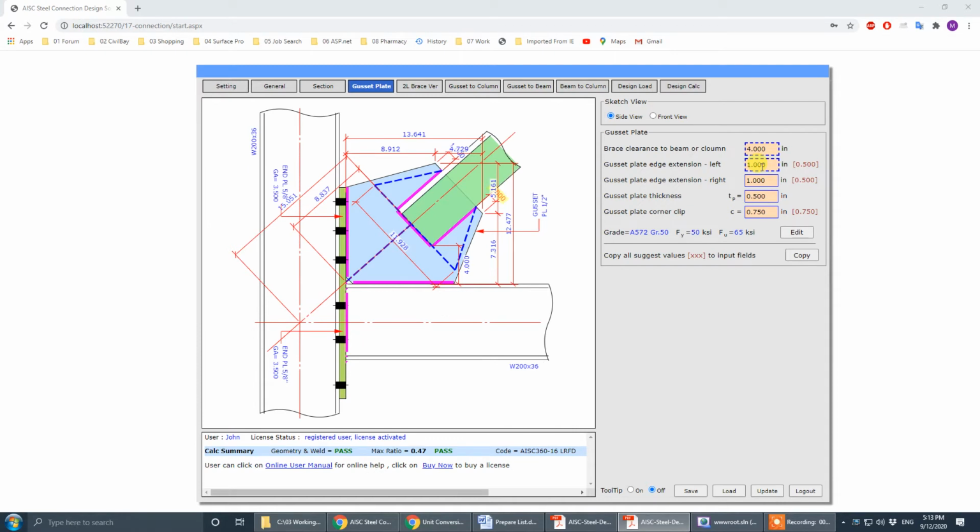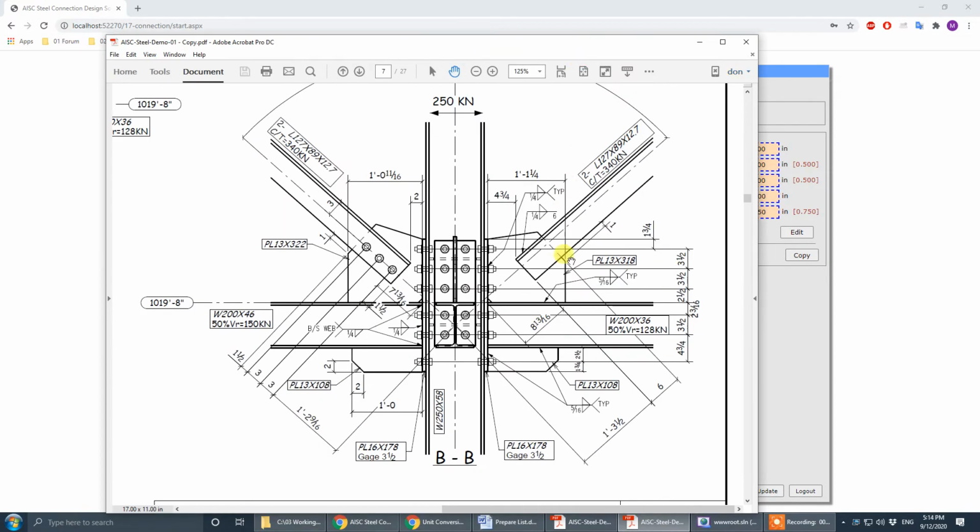My case is 1 inch. Gusset plate is 1/2 inch. It's okay. So Gusset to beam weld is 5/16, and go to straight. Okay, 5/16,